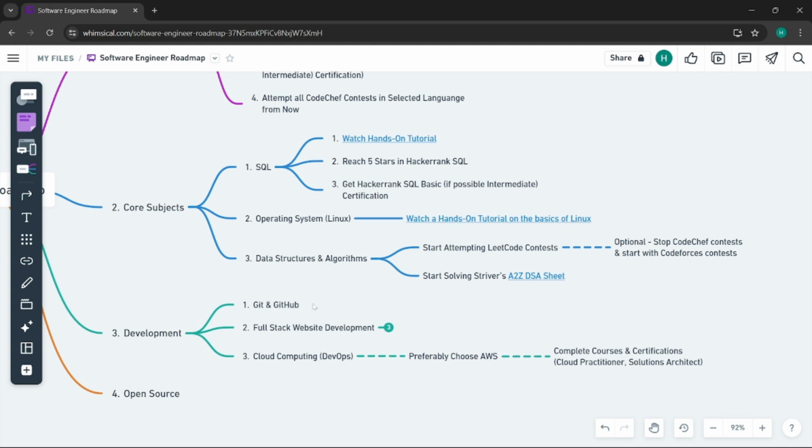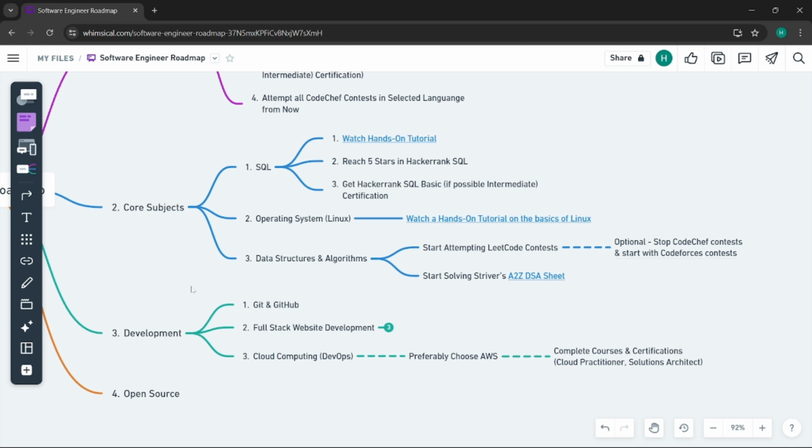You need to have information about Git and GitHub, and of course, when you are following these further steps, you have to keep attempting LeetCode, CodeChef, or Codeforces contests, right? It is very much important. It is possible that while completing this whole roadmap you will require a minimum of 1 year. So for the whole year you have to keep solving at least one question every one of the 365 days, be it DSA or competitive programming. This is just the minimal requirement which I am stating, but the maximum requirement is of course a number of DSA questions and some competitive programming questions.